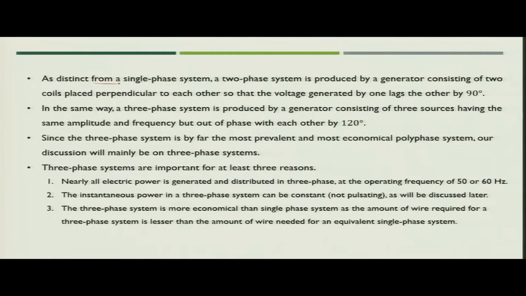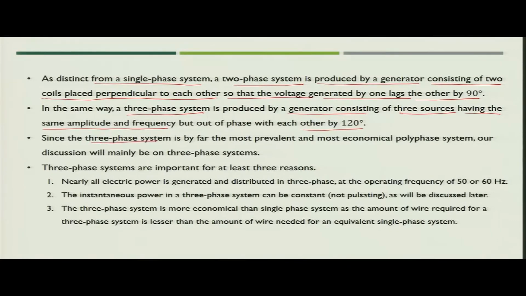Now, as distinct from the single phase system, the two phase system which we saw on the left side of the previous slide is produced by a generator consisting of 2 coils placed perpendicular to each other. So, the coils arranged in the generator will be 90° out of phase, so that the voltage generated by one coil lags the other by 90°. In the same way, in a 3 phase system, the generator will have 3 coils. So, there are 3 different sources having the same amplitude and frequency, but they will be out of phase by